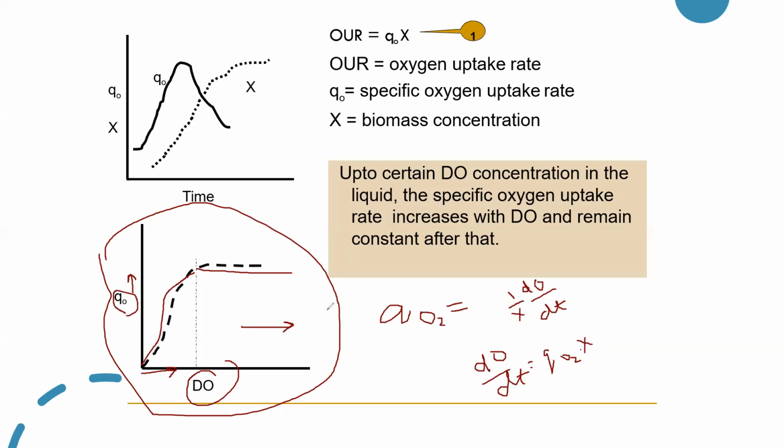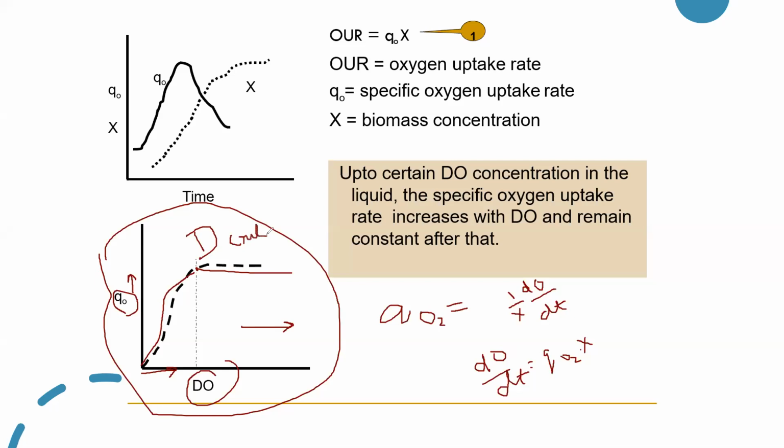And why is it so? Because there is a threshold, there is a limit on the cellular machinery, on the metabolism. Only to a particular extent the cells can absorb the oxygen. So if you go beyond that threshold of the machinery, no matter how much amount of the oxygen you are giving, the QO2 becomes constant. So this particular point after which the QO2 becomes constant, we define it as D critical. We define this point as D critical.